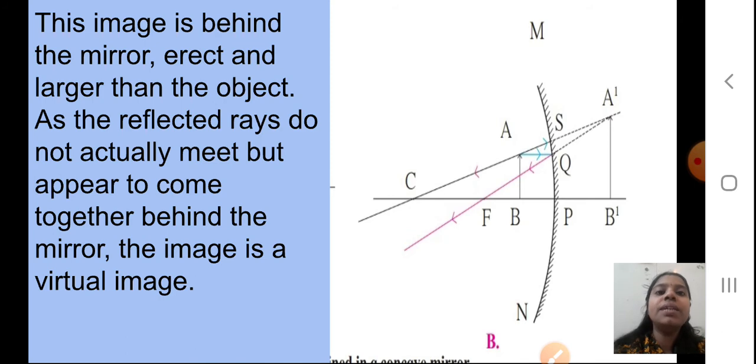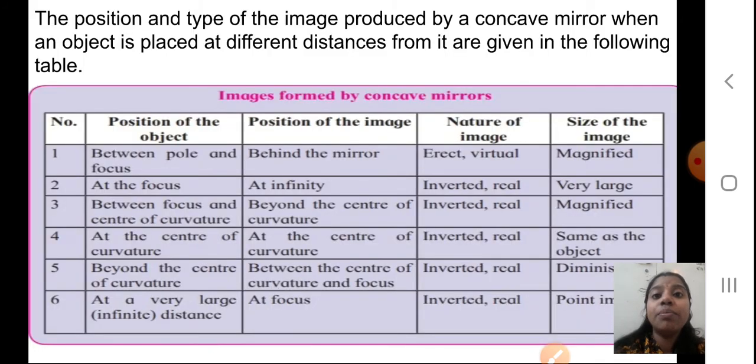Okay, we'll proceed. Now this is a very important table. I want you to learn this table by heart. This is a very important table for your 10th standard as well, for MCQ and all questions. So this is the table. I'll just tell you what it is about, and you will learn it by heart.